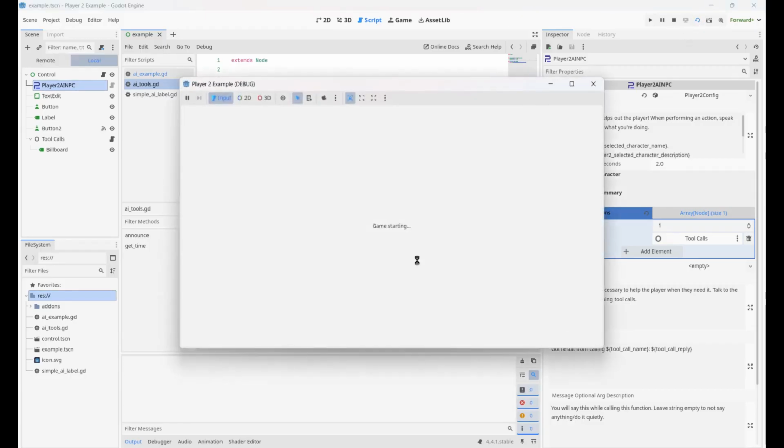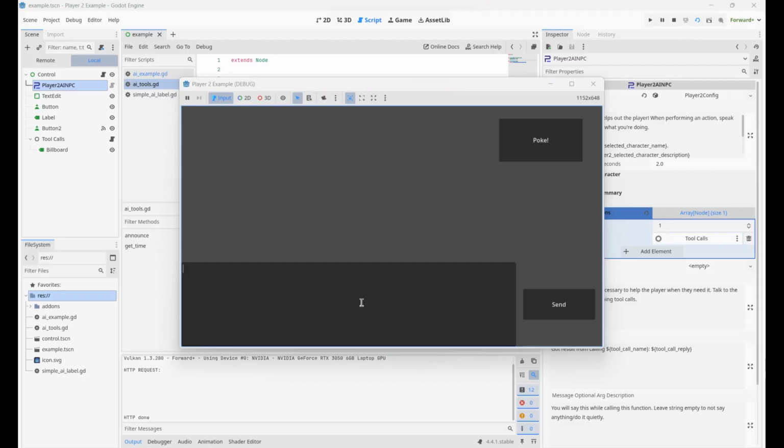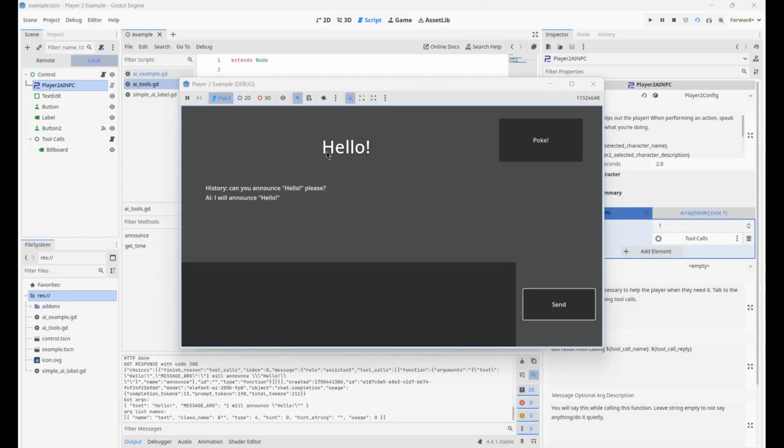So for example, if we say, can you announce hello. We send this. There we go. It performed the tool call and it announced hello. And we can chain these tool calls and actions together. So if something like announce the current time,